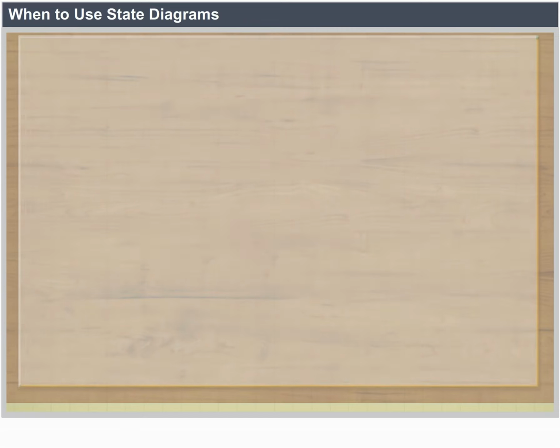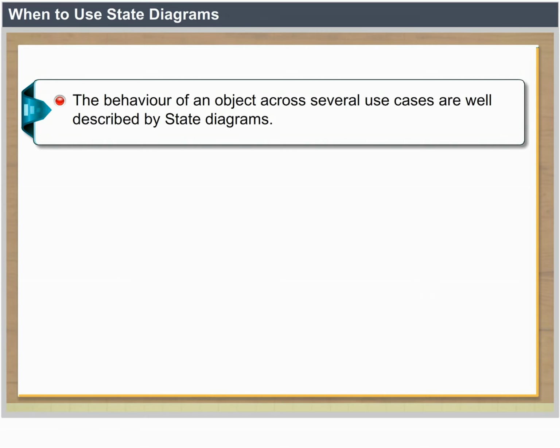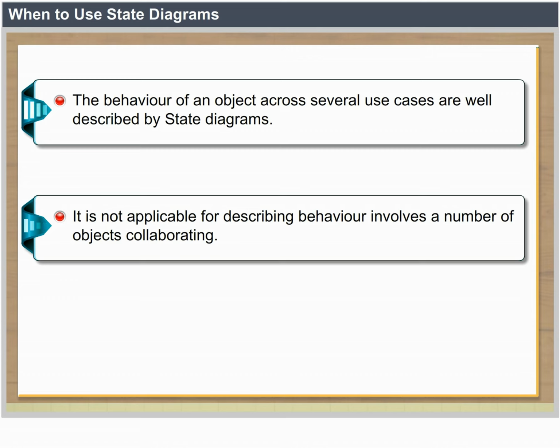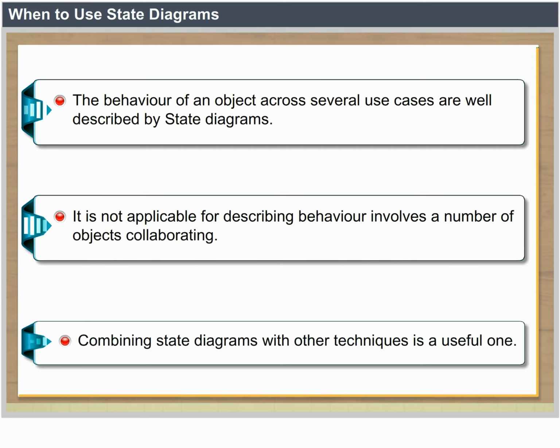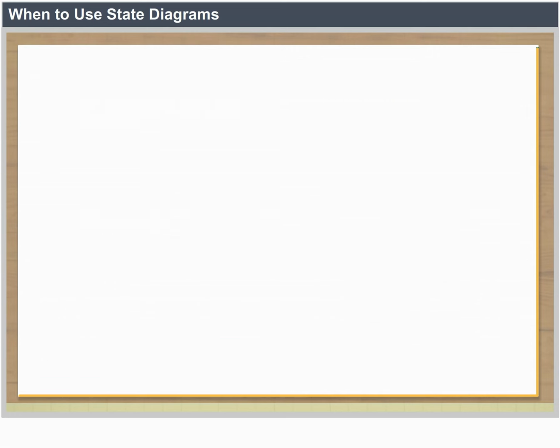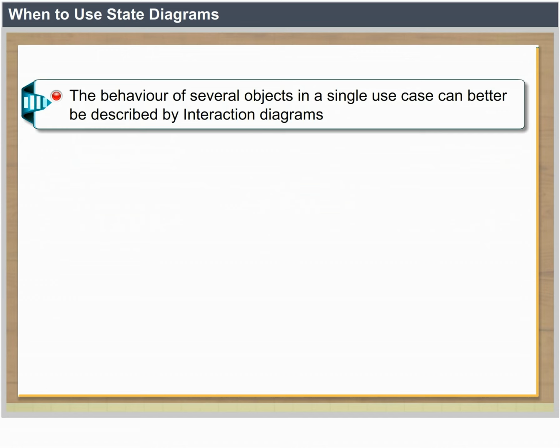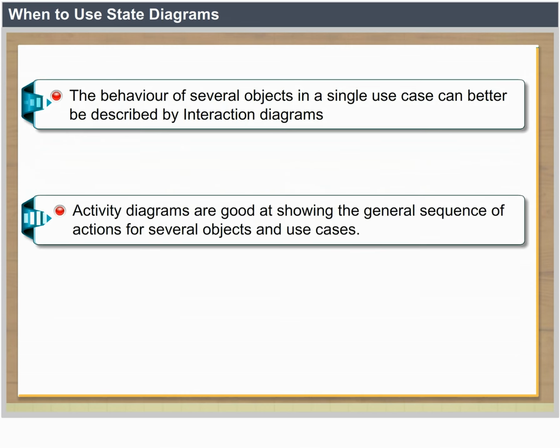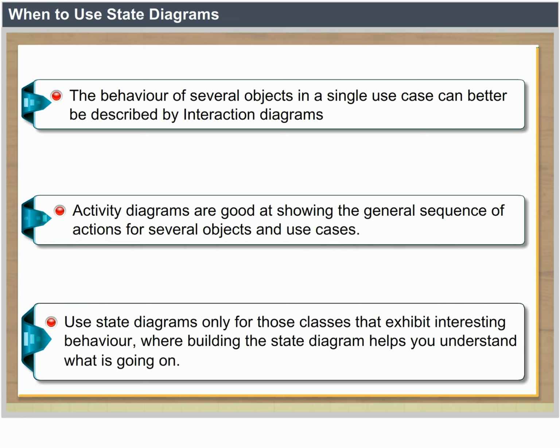When to use state diagrams. The behavior of an object across several use cases is well described by state diagrams. They are not applicable for describing behavior that involves a number of objects collaborating. Combining state diagrams with other techniques is useful. The behavior of several objects in a single use case can better be described by interaction diagrams. Activity diagrams are good at showing the general sequence of actions for several objects and use cases. Use state diagrams only for those classes that exhibit interesting behavior, where building the state diagram helps you understand what